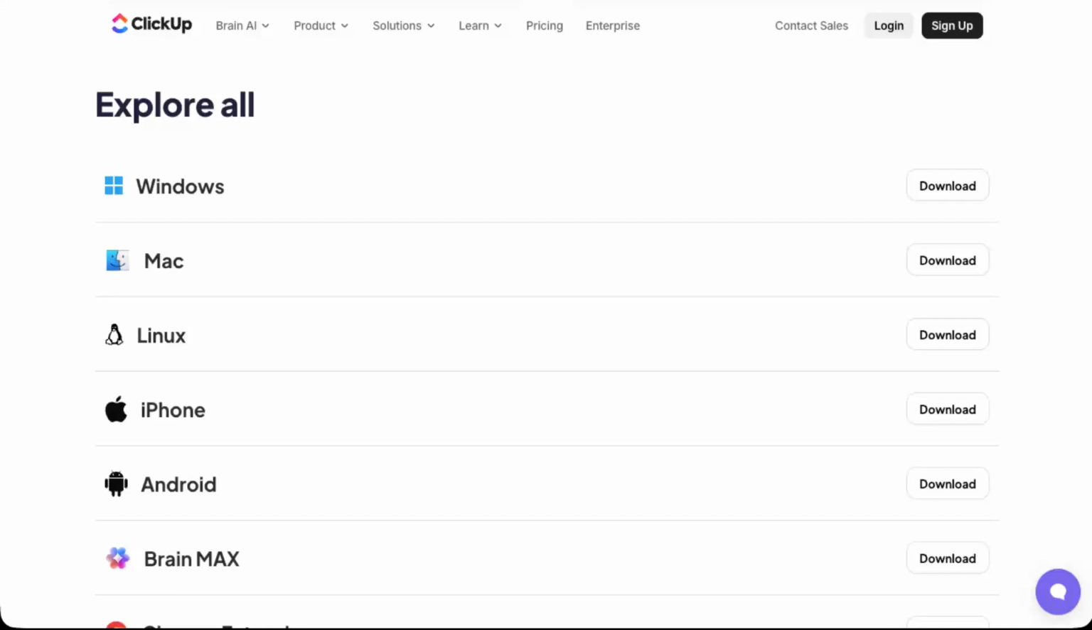And that's it. You've successfully found the official ClickUp download page and chosen the correct desktop version for your operating system, either Windows